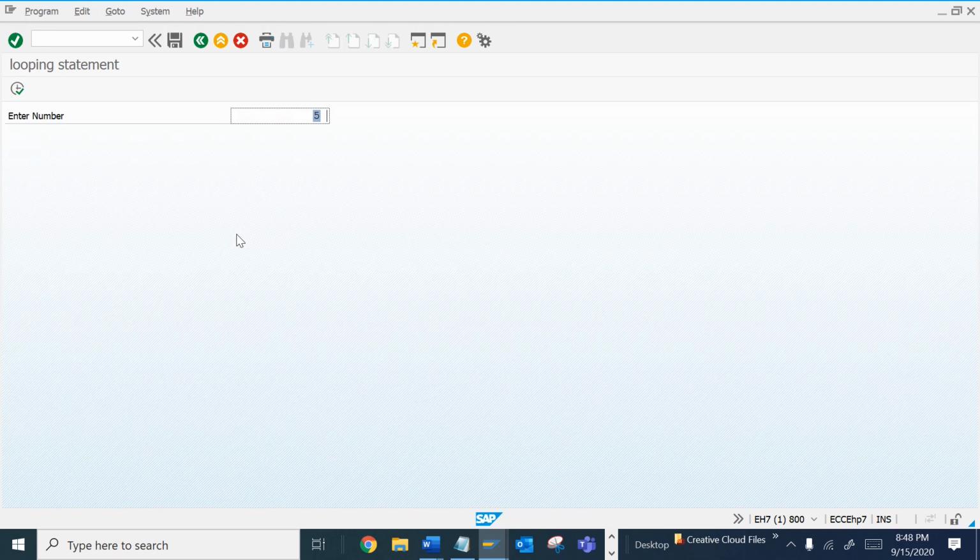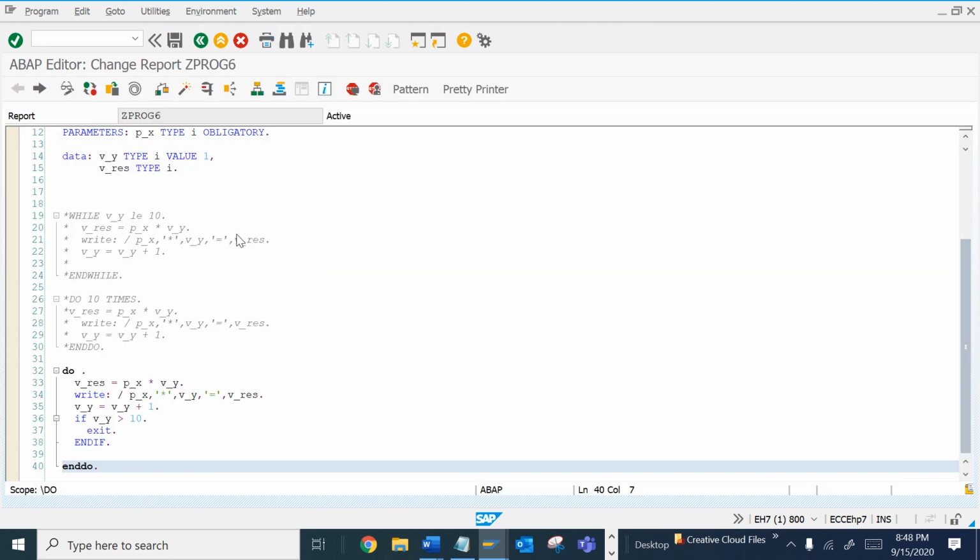So what we have understood about this process is that we have learned about different kinds of looping statements. In my next video, I will make a note of the different looping statement LOOP and ENDLOOP, and we will learn about CONTINUE, other control break statements, CONTINUE, EXIT, and much more.